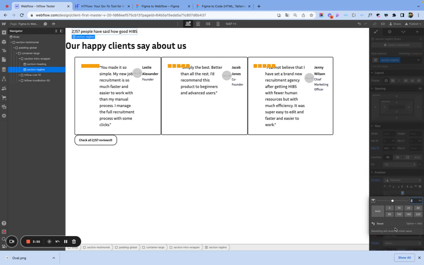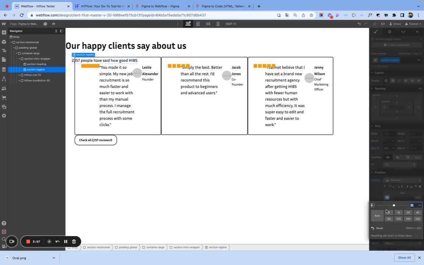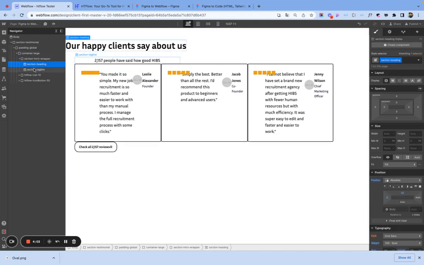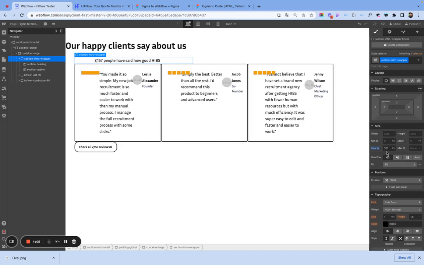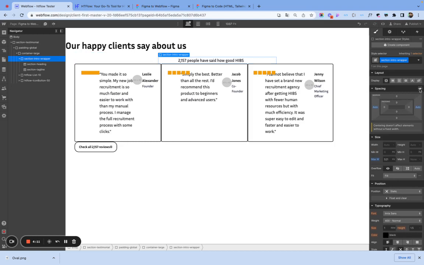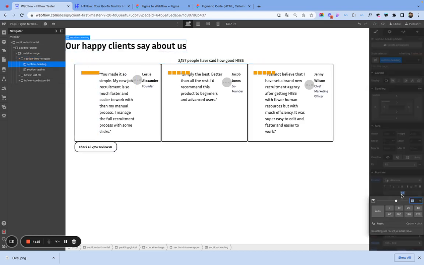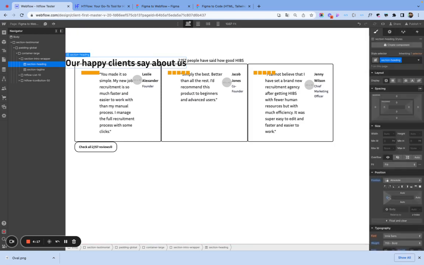And this one, you need to remove this, and the position should be static. Okay, so this one, we have this one. Since we have the max width, we want to make it center, so we can easily do that like this. And then this one should also be removed,